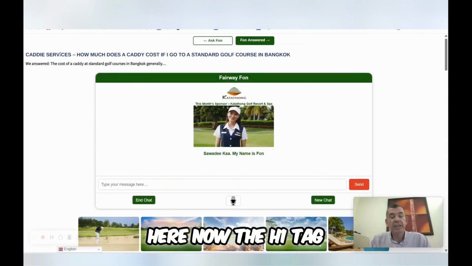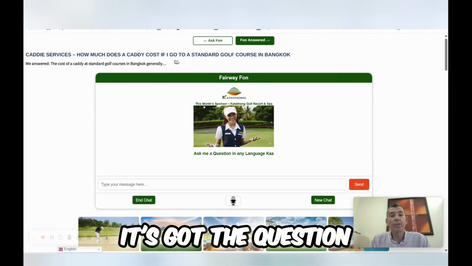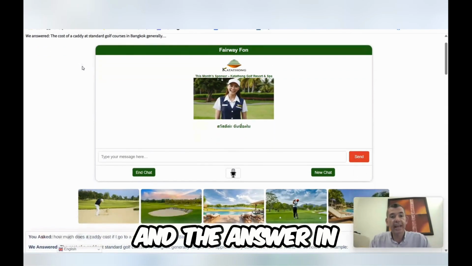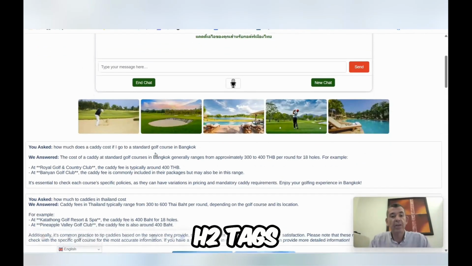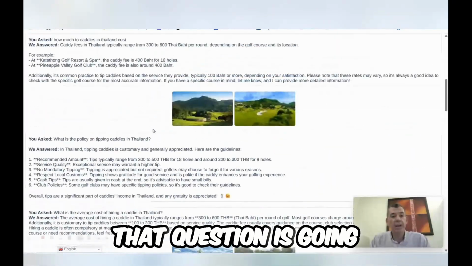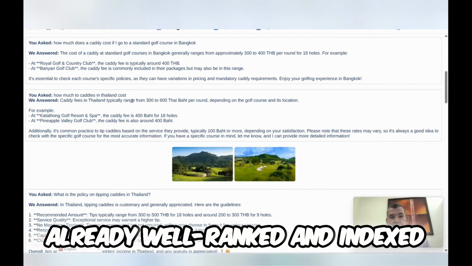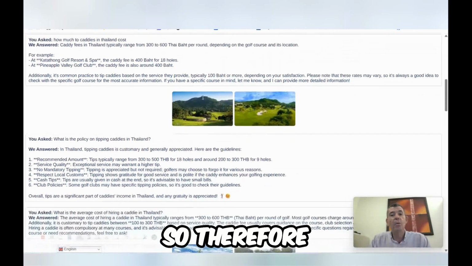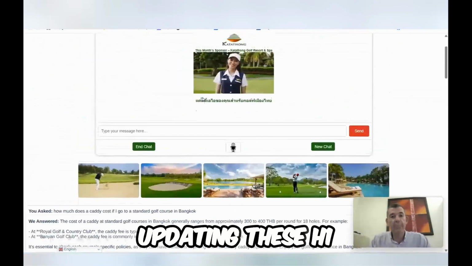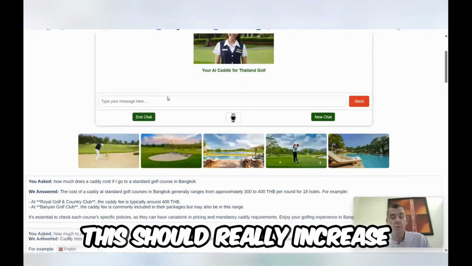Okay, so we can see here now the H1 tag, it's got the category, it's got the question and the answer in the H1, H2 tags. So that means every time someone asks a question, that question is going to a page that's already well ranked and indexed. So therefore, by adding images and updating these H1, H2 tags to be specific, this should really increase